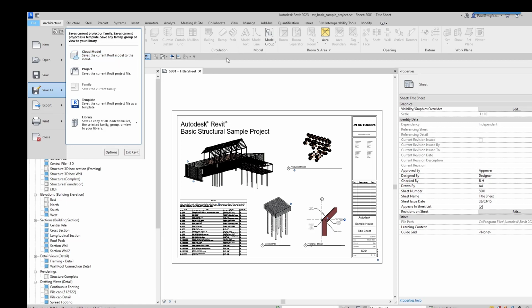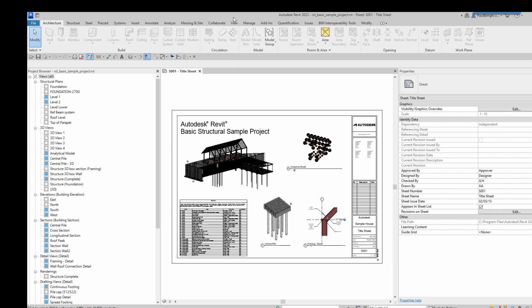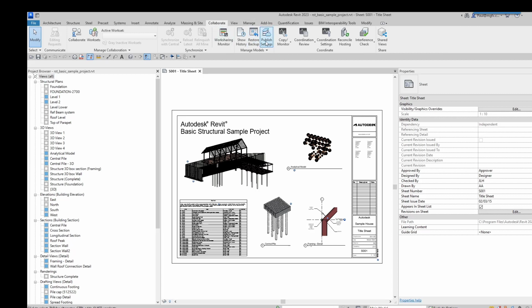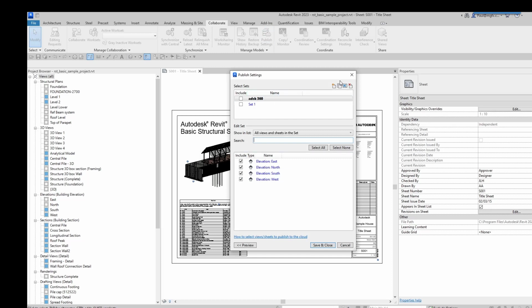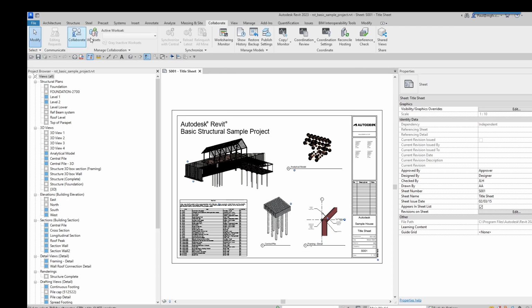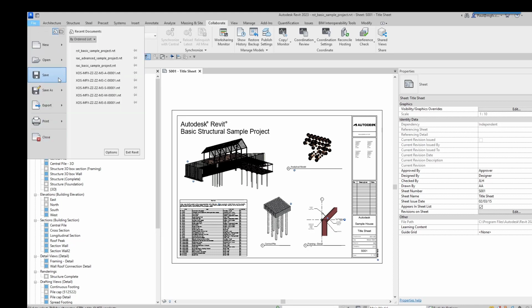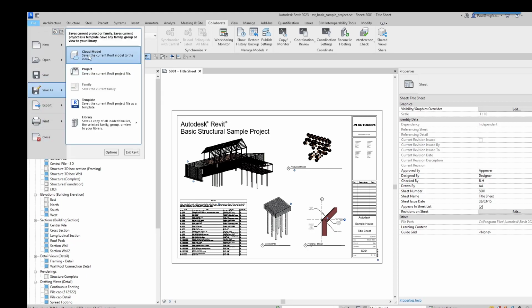Now, regardless of whether or not you've got Revit LT or Revit, you will find that you've got the ability to state what you want to publish from your Revit file onto the cloud. That's in your publish settings, and you can then publish that file onto the cloud as well. So they've included that for Revit LT, which I don't have on this machine, but the workflow is pretty much the same. And then when you go File, Save As, Cloud Model,